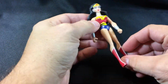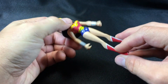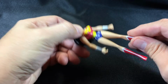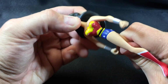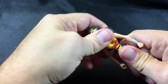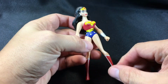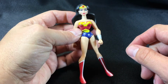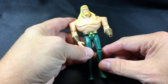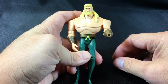All right, guys, let's just get right into it. Starting off with a Wonder Woman figure here. This is a very loose Wonder Woman. She's got a pretty floppy joint there. I think this could be fixed. I think you could probably put some tape in there that would tighten that up. But that's okay. Moving on, we have an Aquaman figure without his hook hand, which is a little dismaying,